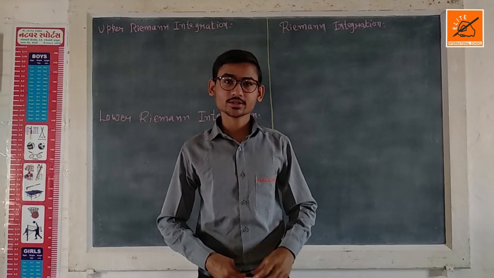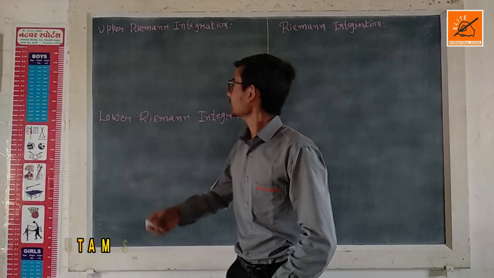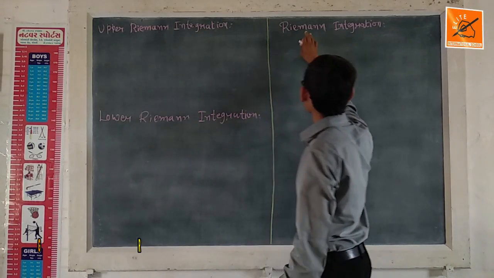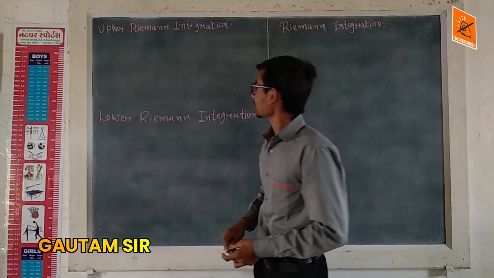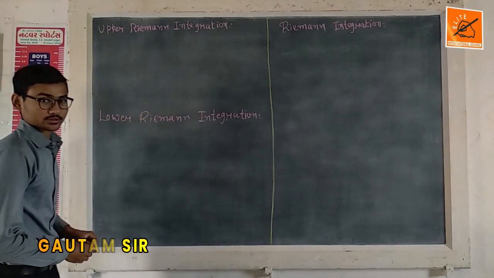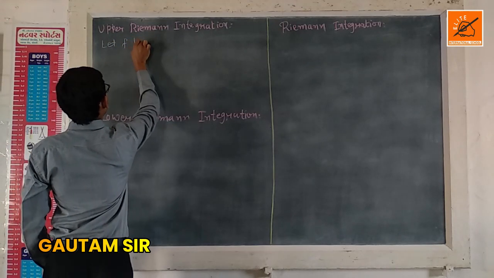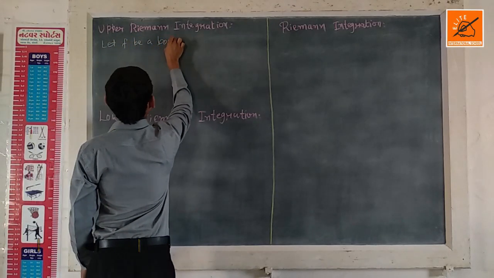Definition of upper Riemann sum and lower Riemann sum. We want to define upper Riemann integral and lower Riemann integral. After that, we want to define Riemann integral. Upper Riemann integral, let us define: let f be a bounded function,